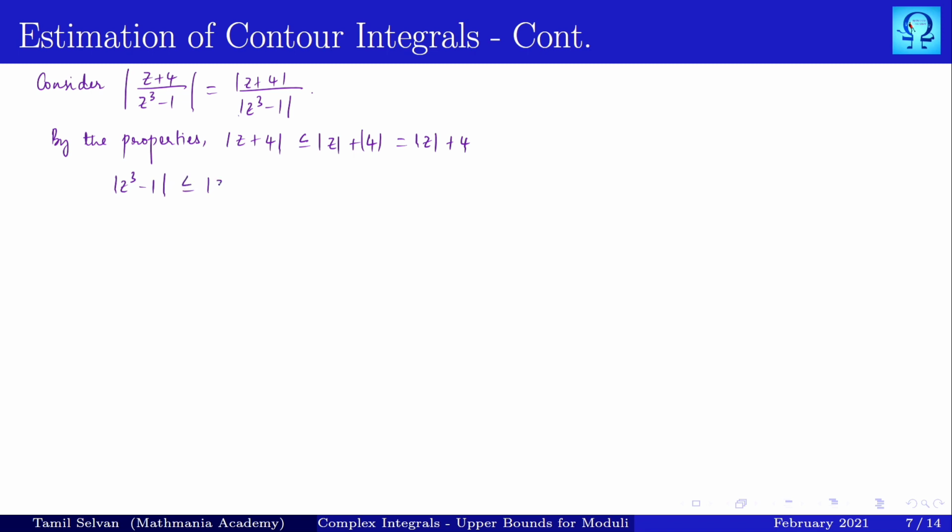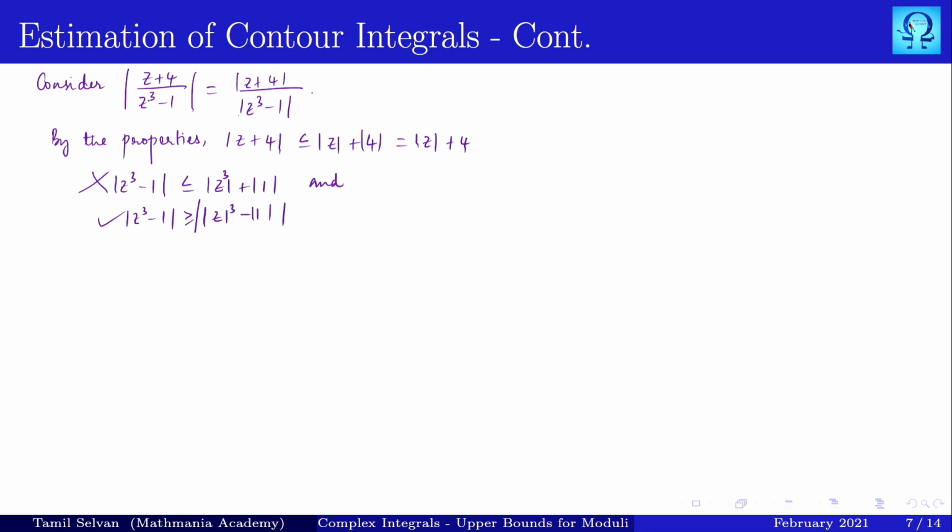Either we may write this as absolute of z cube plus 1, this is one way, or z cube minus 1 may be written as bigger than or equal to absolute of z cube minus absolute of 1. The same goes for the first one as well, but we will have to decide which is to be chosen and why. Here I'll choose the second one and remove the first one,